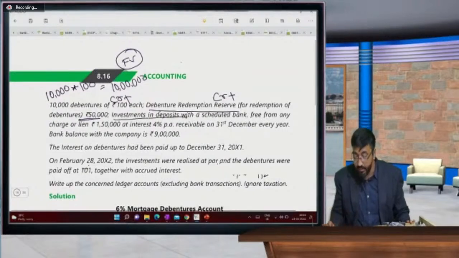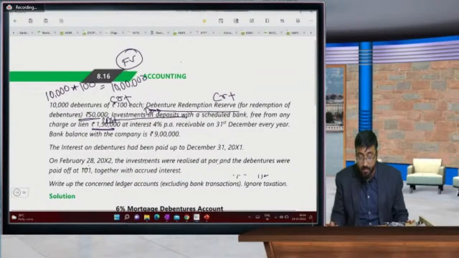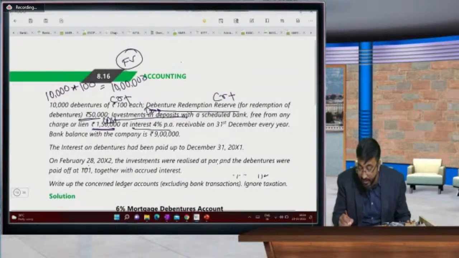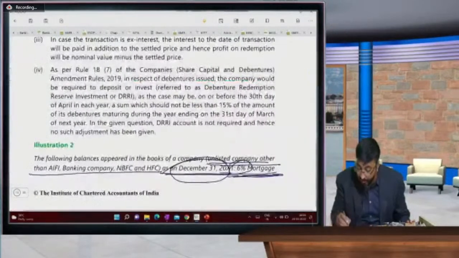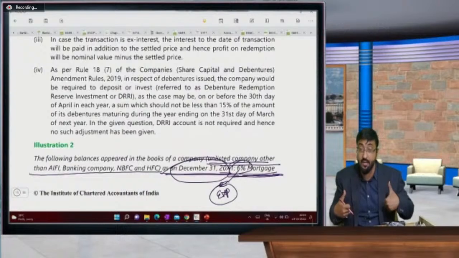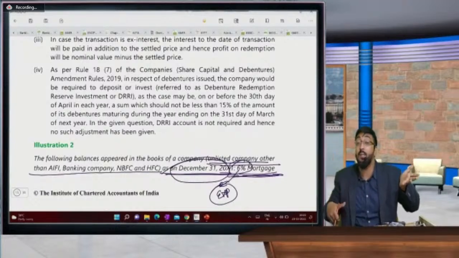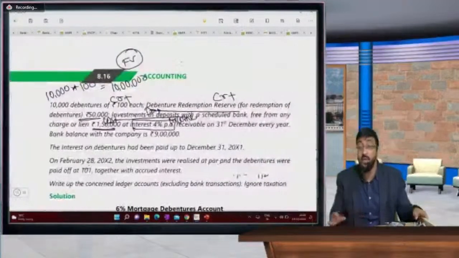Investment has a debit balance. See, investment is recorded at cost, and here cost and face par value are the same. And the interest rate is 4%. This is income, beta. And this 6% is expenditure. Investment 4% we are getting, and 6% debenture interest we are paying. Look, we will pay 6% and earn 4% from investment. Okay, but we need to make the investment.